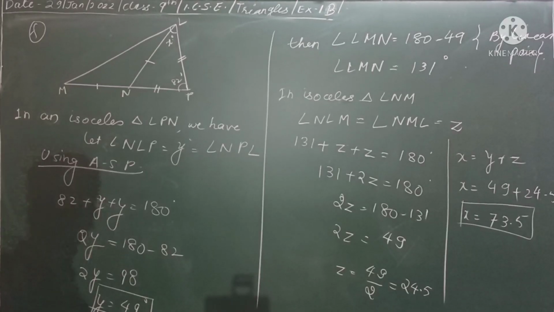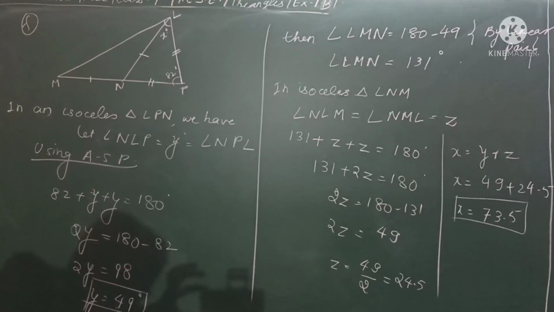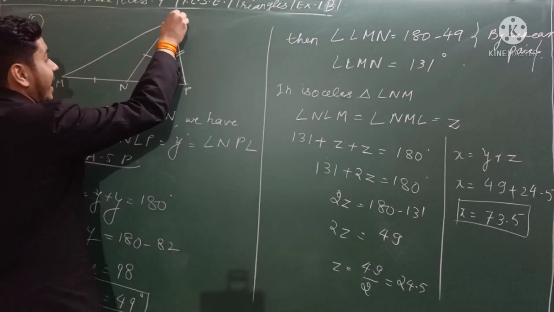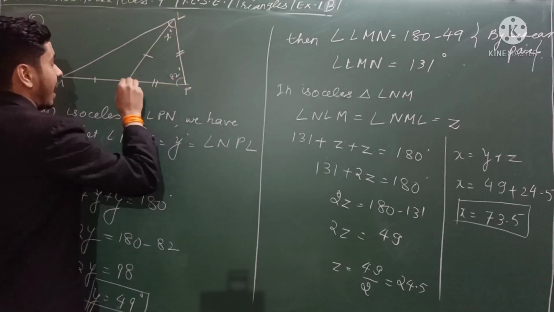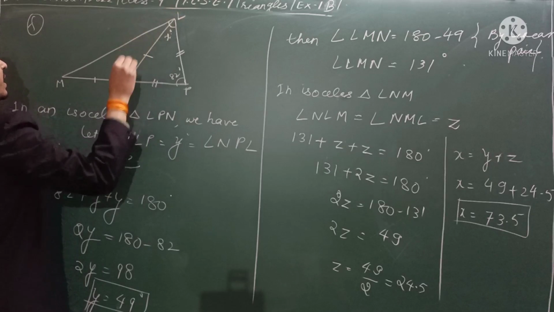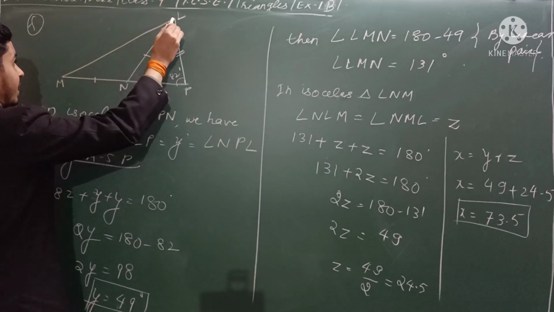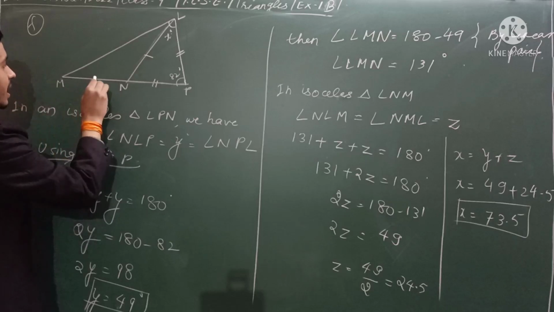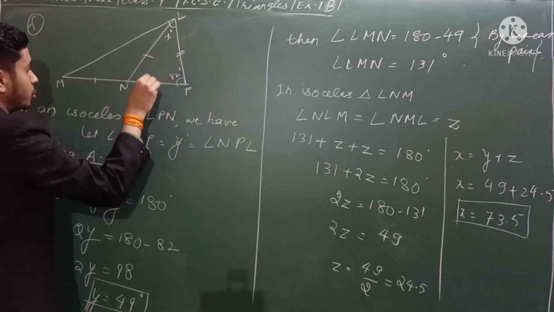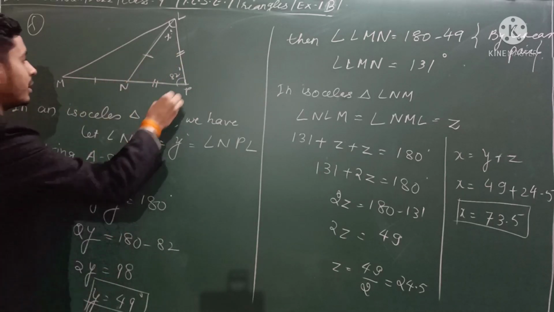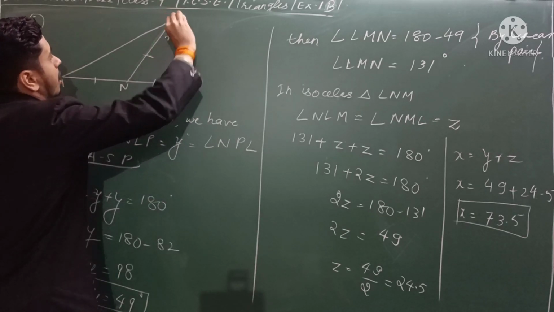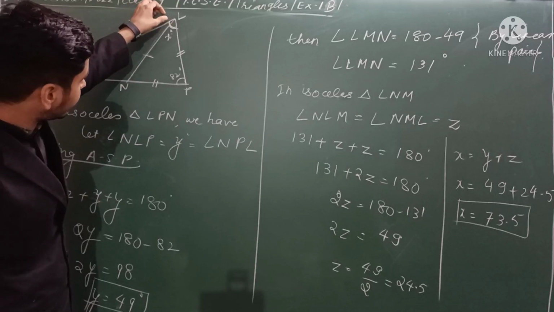Okay, so try to understand this question number F. In this question you have LPM, one isosceles triangle where line LP is equal to NP, and LNM, again an isosceles triangle where LN is equal to MN. I have denoted this with the help of these marks. One single line means these two sides are equal, and two double lines means these two sides are equal. We are only provided with one piece of information: this is 82 degrees and this whole is x. Are you getting it? Not just this much is x, this whole is x.